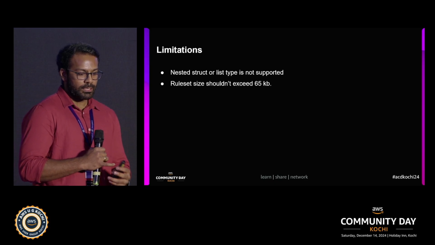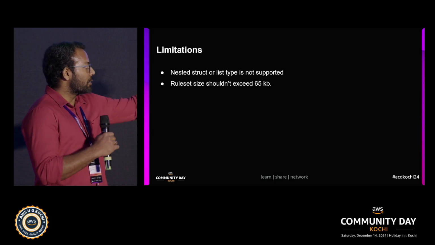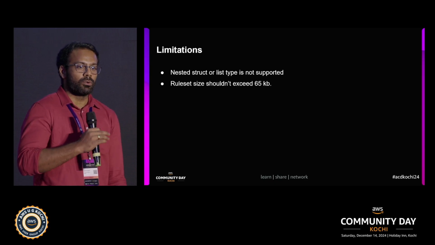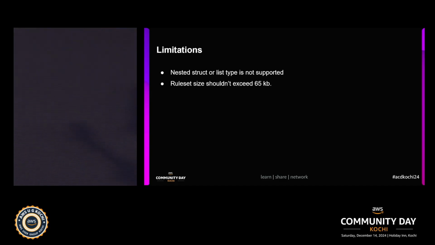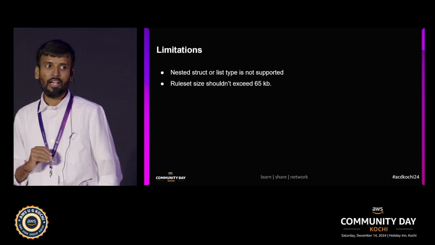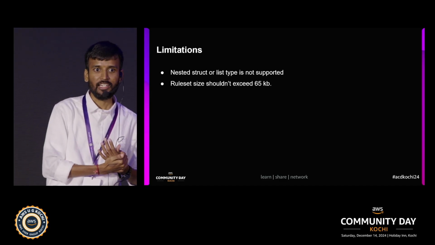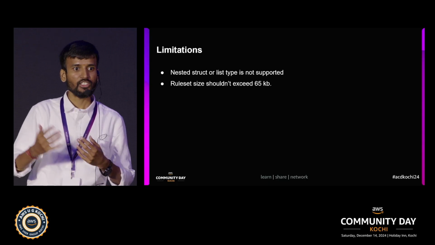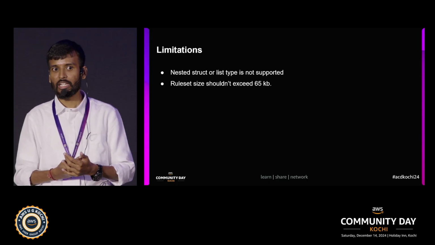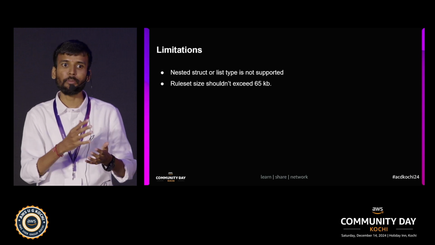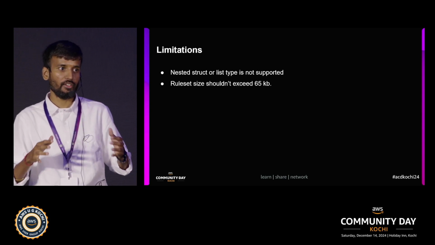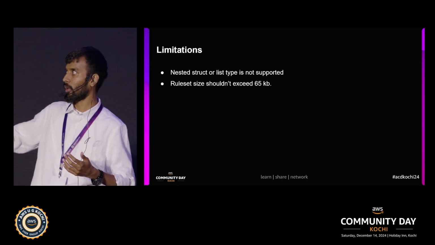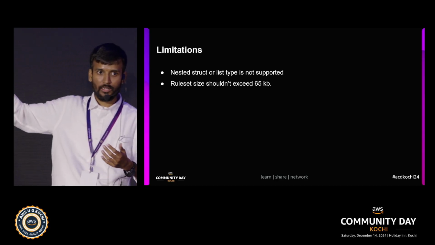And as for the rule set size, as you saw the recommended rules, that can't exceed more than 65 KB. And one thing with regards to nested struct or list types: let's say we are playing with JSON data, we may encounter a list or struct type. We face this situation actually. How we handle this scenario, this is one of the practices we followed: flatten everything. If we are getting JSON data, flatten everything to single key value pairs, then apply the data quality rule. This is how we overcome this limitation.